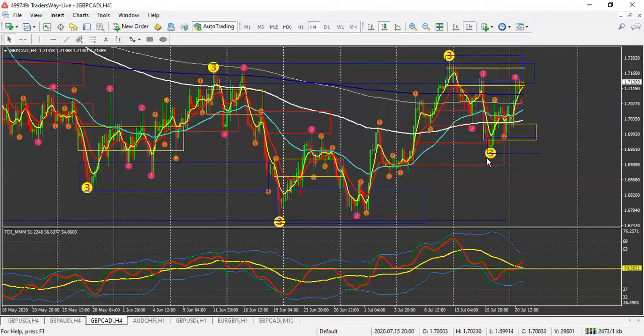Right here, you got a 3. Price retested the previous order block. Shark fin, blood in the water. Market baseline looks like it's getting ready to bounce off the stationary 50. All right, so